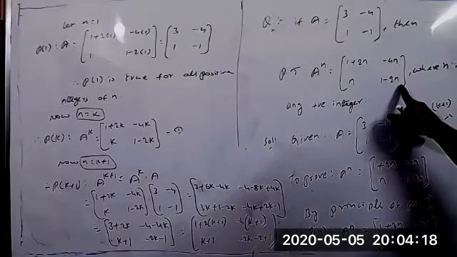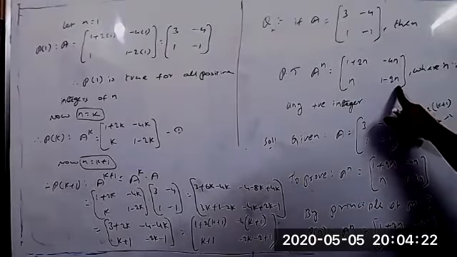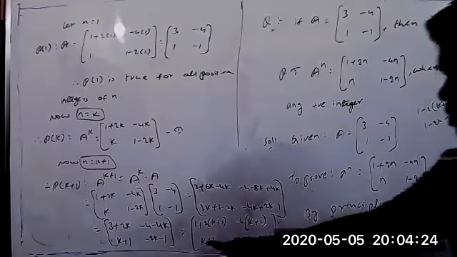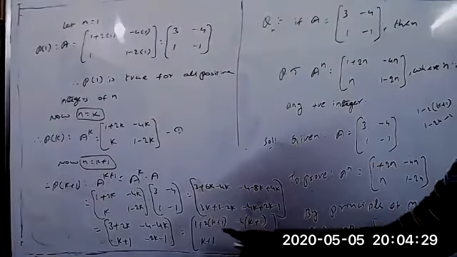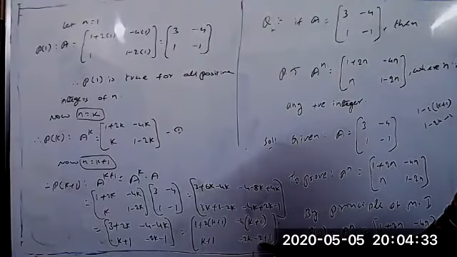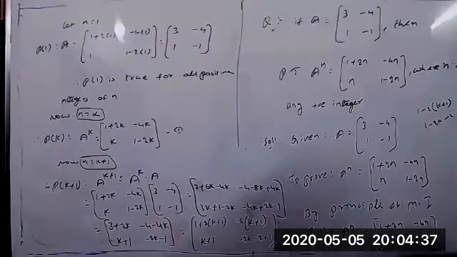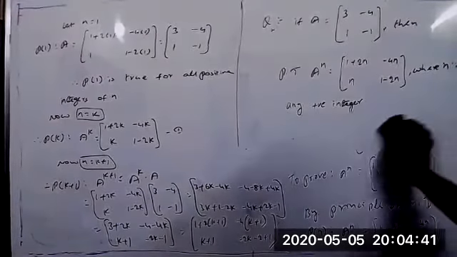1 minus 2 into (k plus 1) is required now. That's why I wrote this minus 1 as minus 2 plus 1, and minus 2 plus 1 equals minus 1 only. Understood? Now from these two terms you can take minus 2 common, so directly we get the value 1 minus 2 into (k plus 1). So the same we can write.